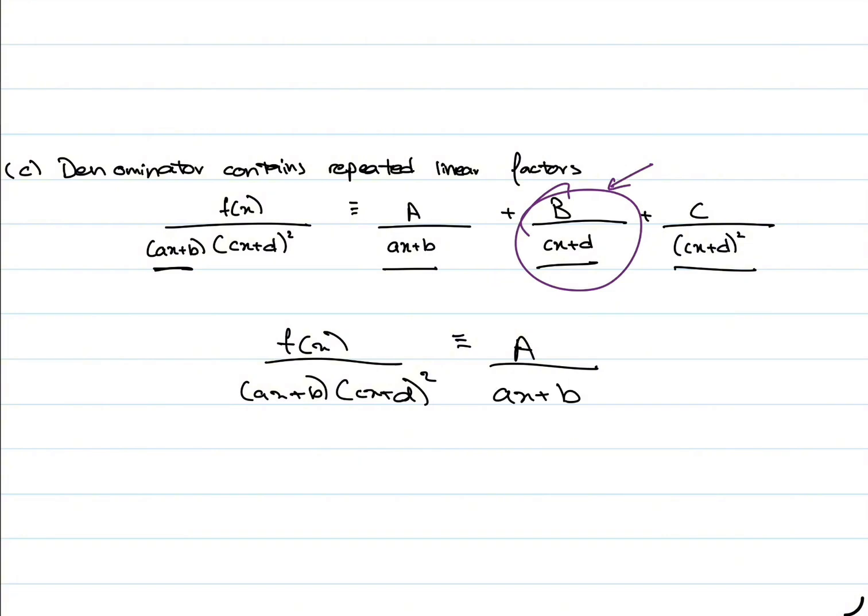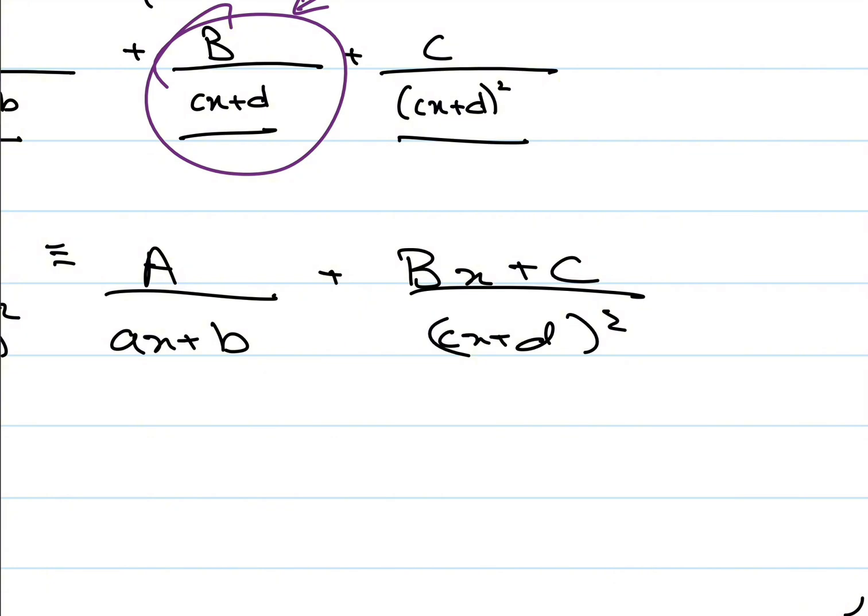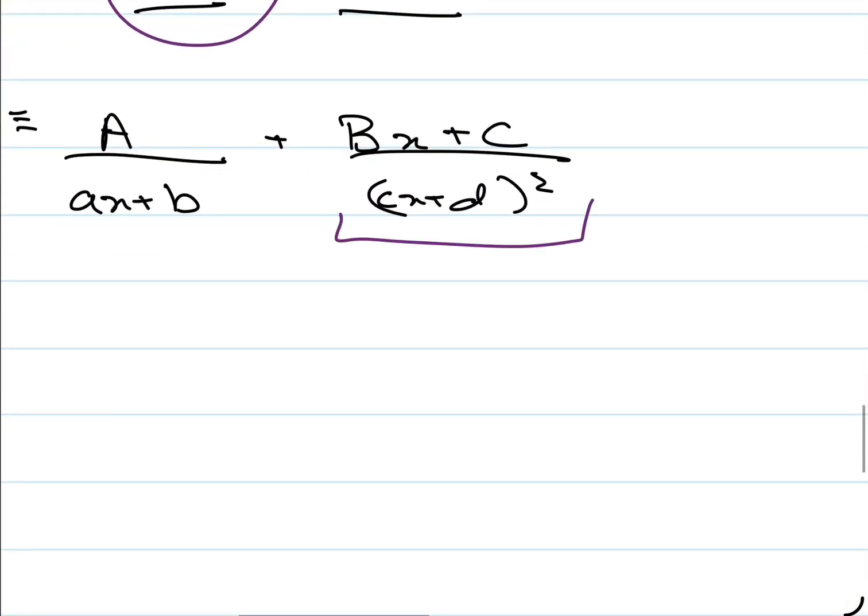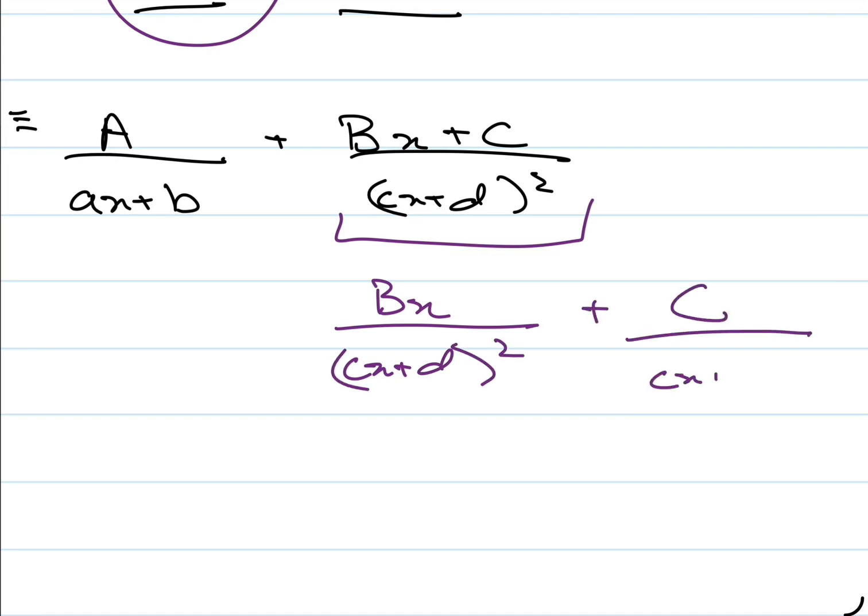So a upon ax plus b, we have that. And this would be like bx plus c upon cx plus d squared. When we break this into terms, like bx upon cx plus d squared plus c upon cx plus d squared,